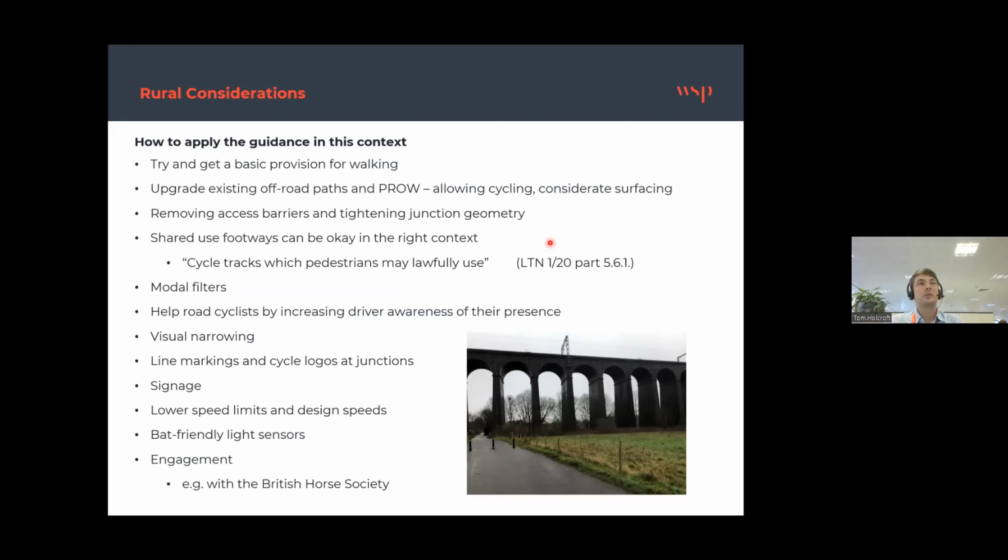So, trying to get a basic provision for walking where you don't have a footway on a rural road. I actually experienced this firsthand a couple of weeks ago. I cycled to Brighton with some friends, and we were on busy, fast roads for quite a lot of the time. But whenever there was a footway, that enabled the less confident cyclist to just hop onto the footway, let traffic pass, and then carry on again. But where there wasn't that option, it was quite stressful and uncomfortable and unpleasant, and probably unsafe as well. So that could be one of the first things you do,